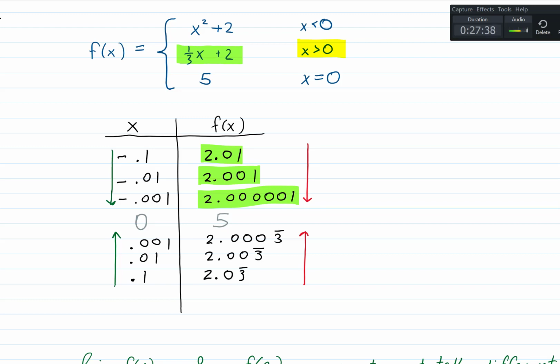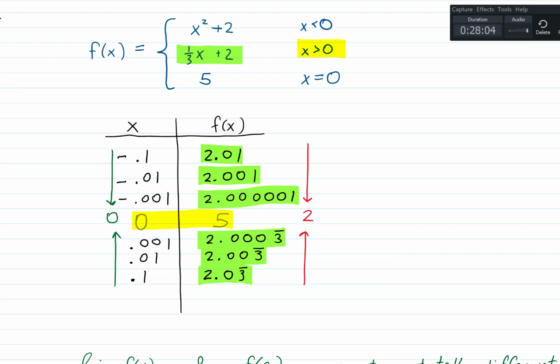But that's only from one side. Look at the other side. Look at that number, and then that number, and then that number. You see, as x is approaching 0, it looks to me like f of x is approaching 2, even though f of 0 is 5,